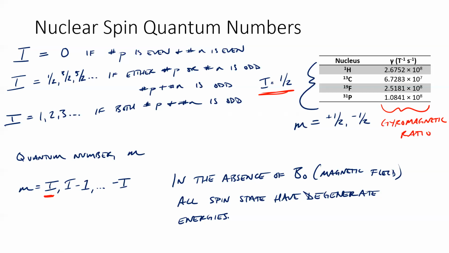You can also call it the magnetogyric ratio. Both of these are used in the literature. It sounds like a real made-up word. But it's the ratio between the magnetic field of the nucleus and the angular momentum, or the spin, of that nucleus. That's what that ratio is. And so mu, the magnetic field of the nucleus, is equal to gamma times p, the angular momentum. So nuclear